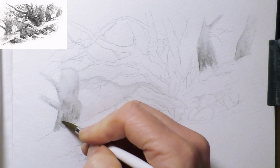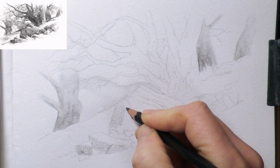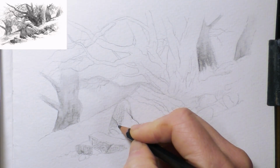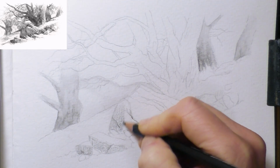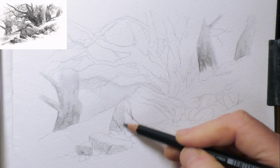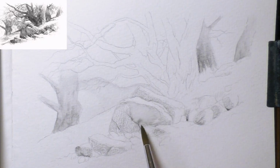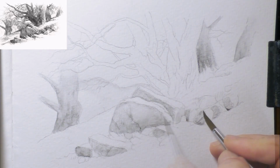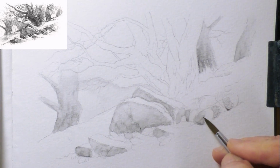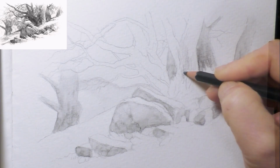So the pros and cons then of using water-soluble graphite. Well, first of all, the first thing that people ask when we're talking about this medium is, should you use it as a pencil or as watercolour? Well, you can use it as both. You don't have to wet the graphite once it's on the paper. You can just use them as regular pencils if you want to. But obviously the idea behind these is that you can wet them and get some nice watercolour effects. Now they can give a very interesting look if you use a combination of both wet and dry